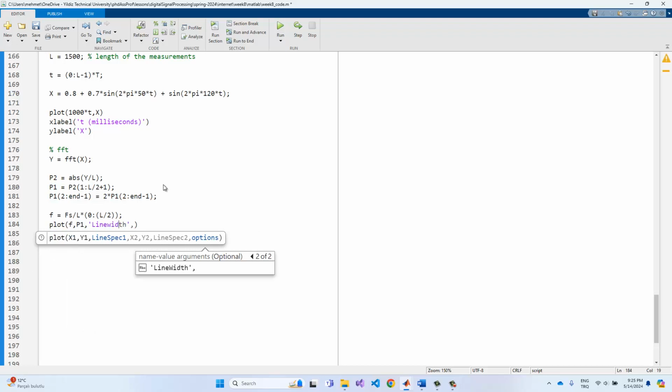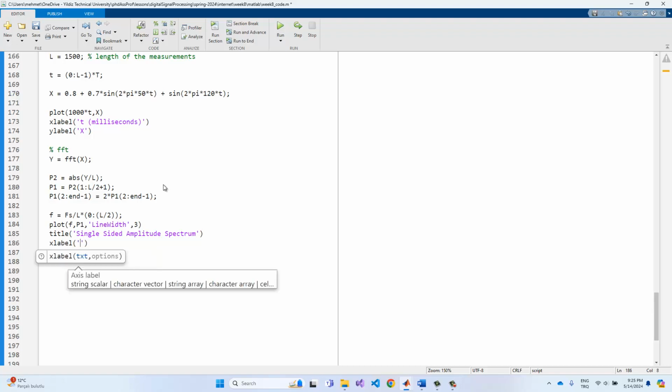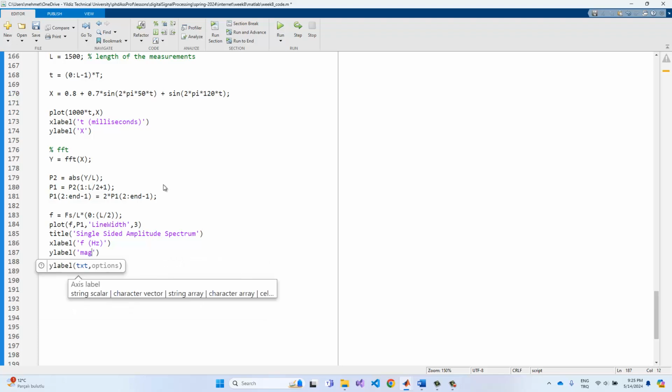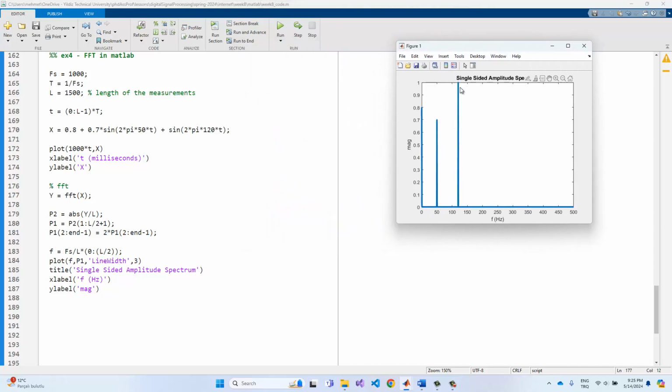The line width should be assigned with a 3, and so the title, this is the single-sided amplitude spectrum, okay? The x label is in terms of the f hertz, and y label is the magnitude values, okay? And so if I rerun this code, and then we will have the 0.8, 0.7, and so the 1 values in here, but at specific frequency values of this term. Just remember that we have the limits of the 500, because we have the sampling rate at 1000 hertz, okay? But see that the amplitude of this signal is 0.8, because we have the unit step signal